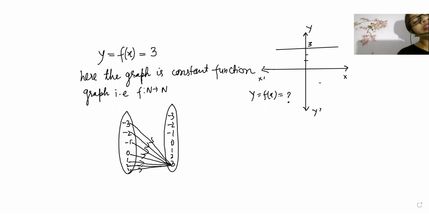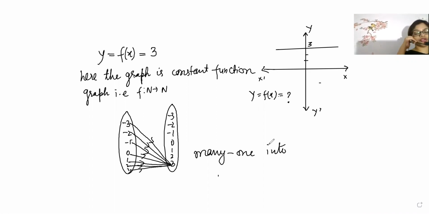So constant function. Now, beta, do you want to explain about constant function? What you have seen in constant function? Beta, now are you able to see? Are you able to say? Very good. But beta, you have to draw and say this part. So what is exactly you have seen here? You tell me. You have exactly seen here many, one into.